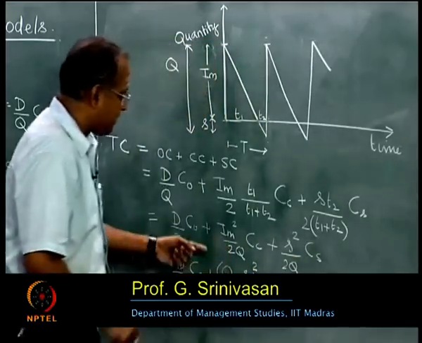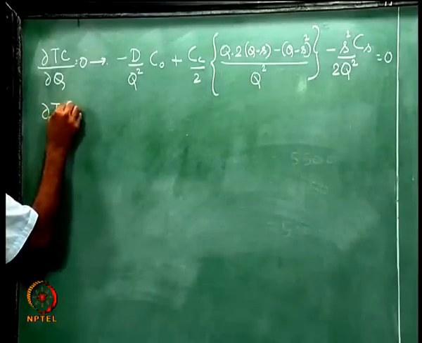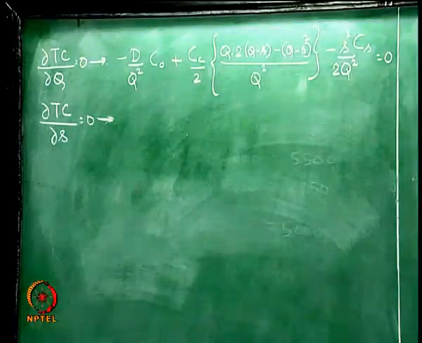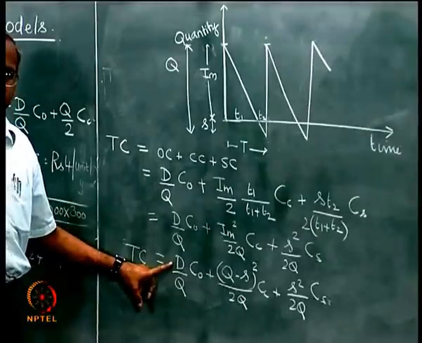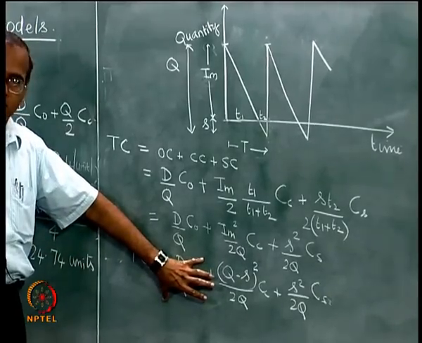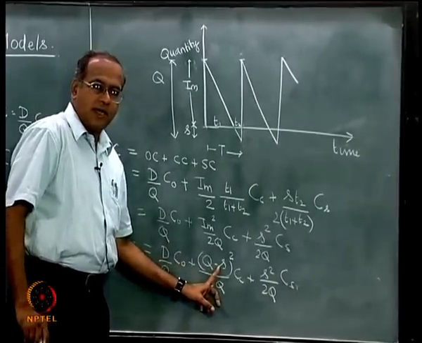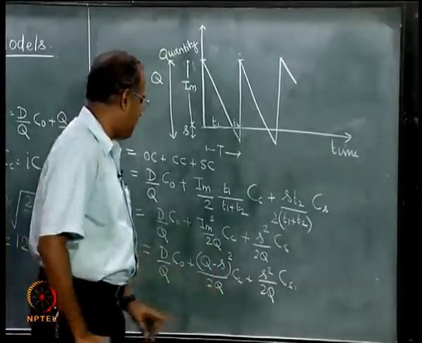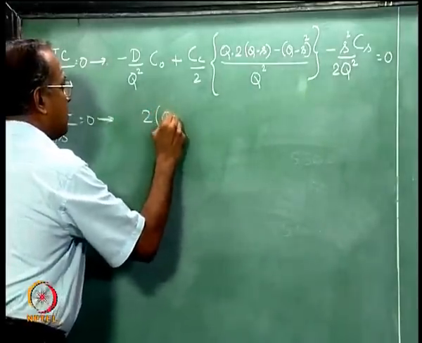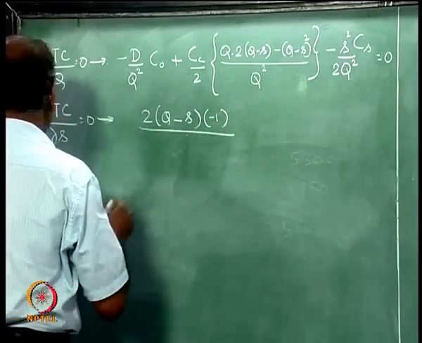Now, partially differentiating with respect to s, dou Tc by dou s equal to 0 would give us. This term will not contribute anything because there is no s term here. So, this is a constant as far as the partial derivative is concerned. So, this term will not contribute anything. This term has s only in the numerator. So, this will become 2 times q minus s into minus 1 divided by 2 q square